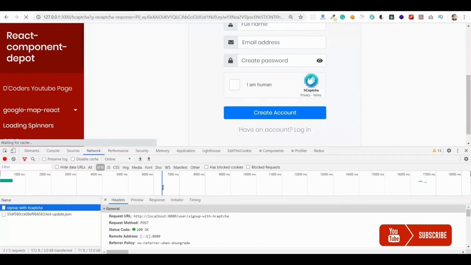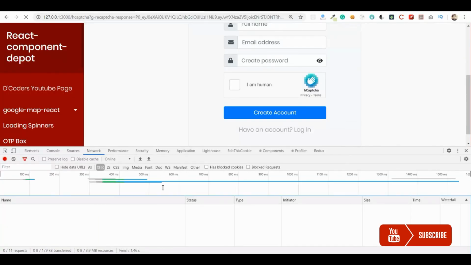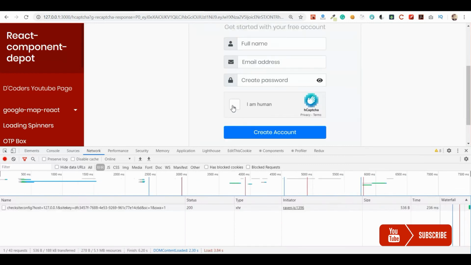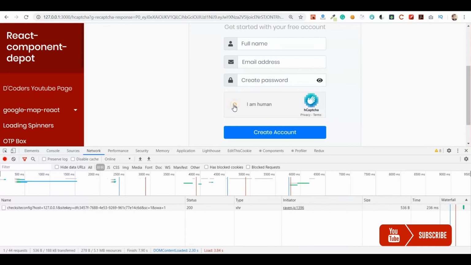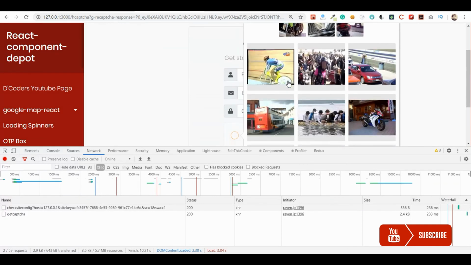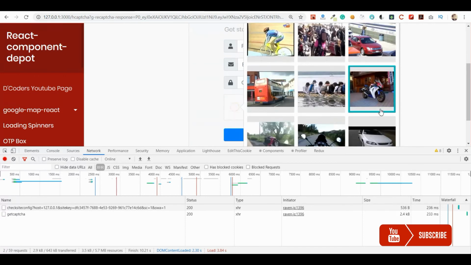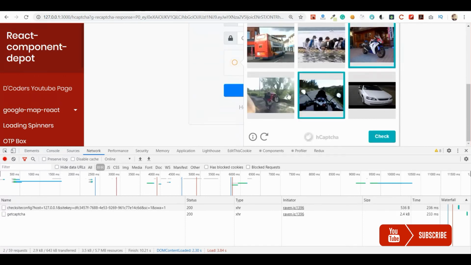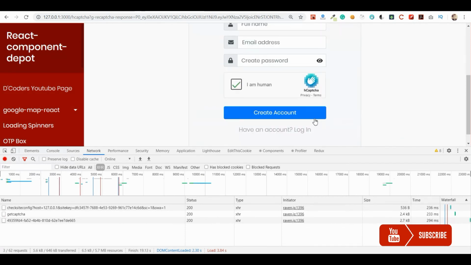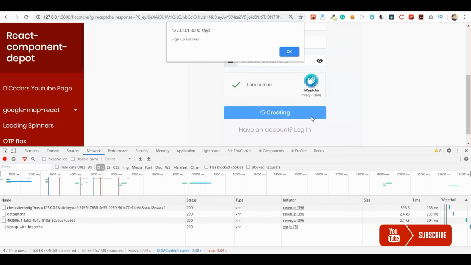So let me comment it out and show you what happens if it is not resetting. It will throw an error from the captcha server that we have already validated this. We can validate one token only once. If we validate once, it becomes inactive, for obvious security reasons. Let me click on create account. It's a success for the first time.